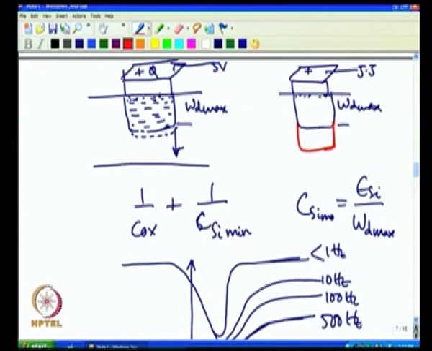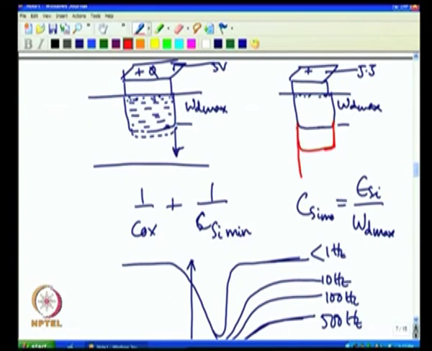Why is that? Because the positive charge has to be balanced by total negative charge. Total negative charge comes due to acceptor impurities and electrons. You will get sufficient electrons only if you wait for sufficient time. Because you have not yet waited sufficient time, instantaneously when I change from 5 volt to 5.5 volt, in fact